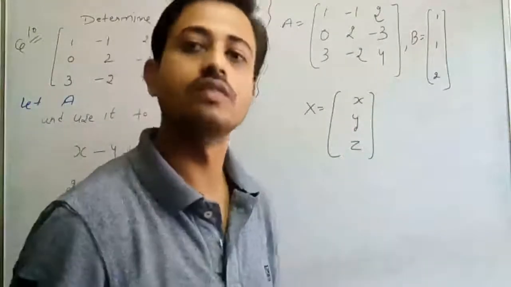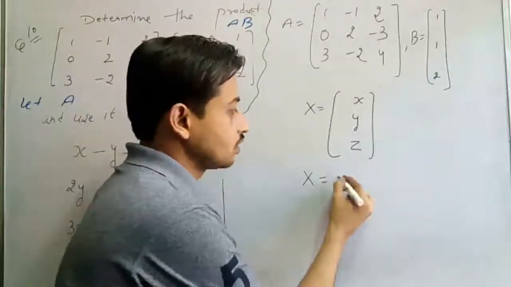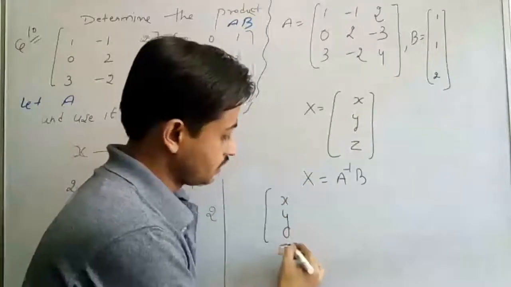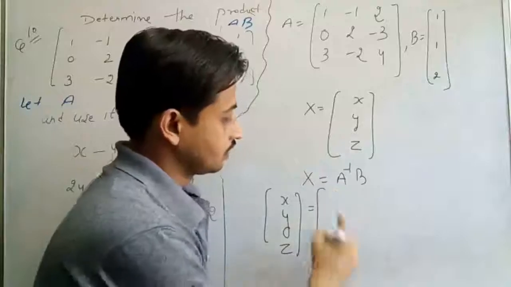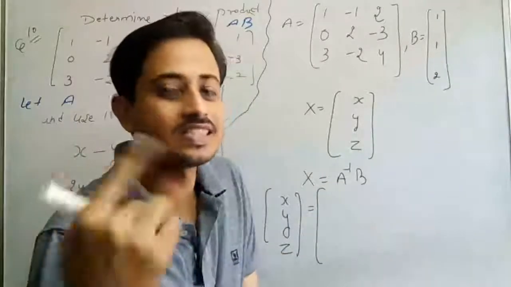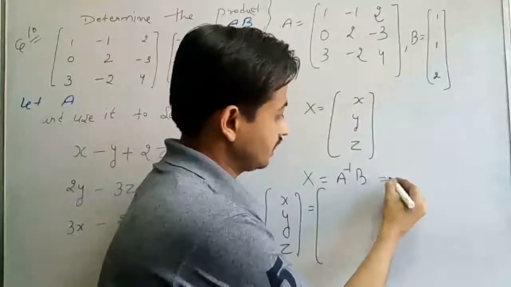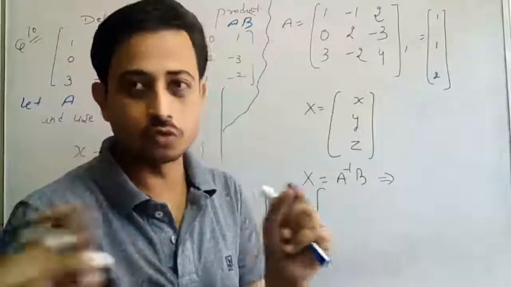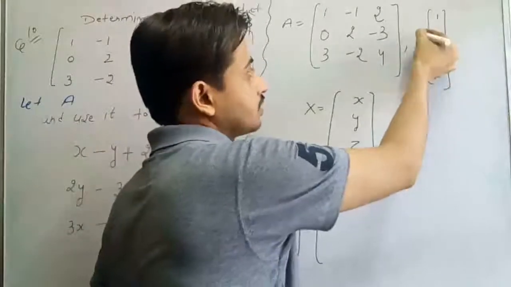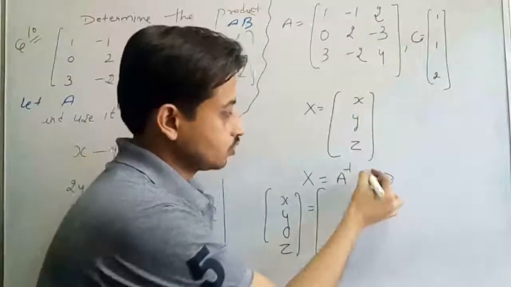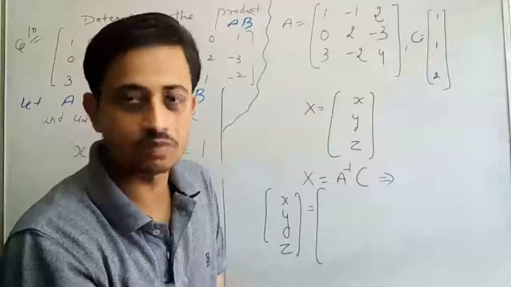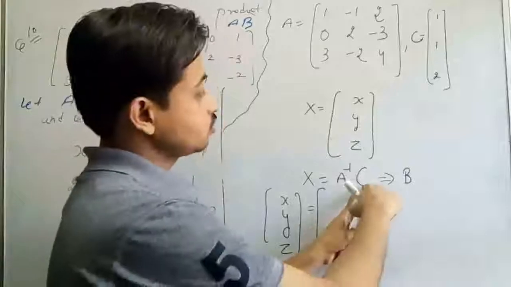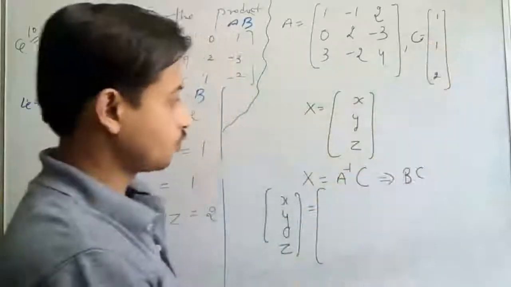Now it's very easy to solve. Apply the formula: X is equal to A inverse into B. X is X, Y, Z. Now what is A inverse? A inverse is basically the B matrix. Sorry, I am representing it by another matrix, because there is a confusion. The name is the same, so we have a difficulty. So I am representing it by a C matrix. So A inverse is the matrix B, and C is what we already know. Now put it in.